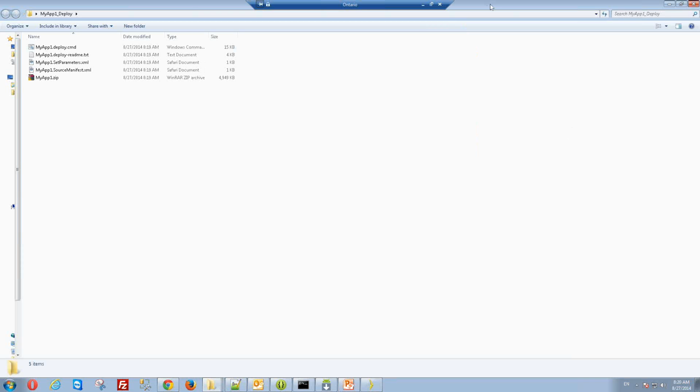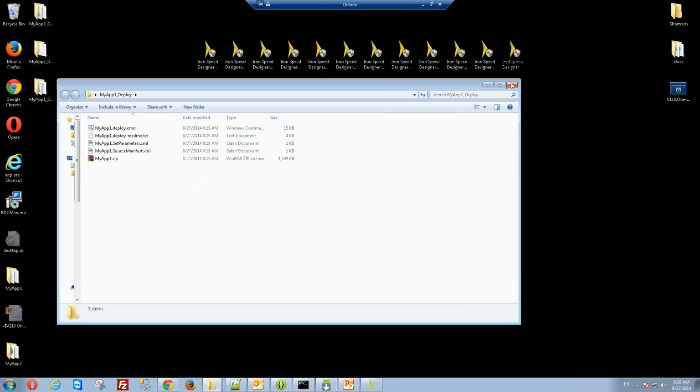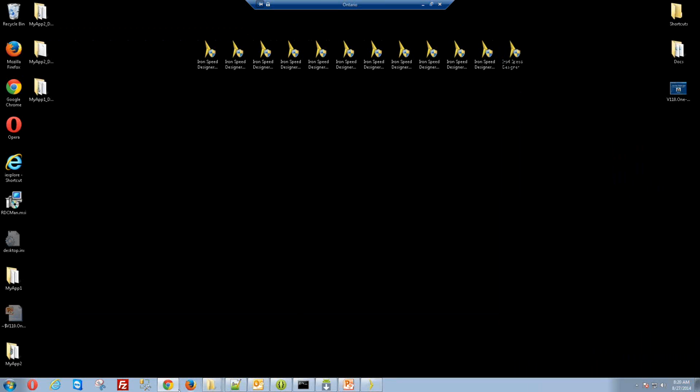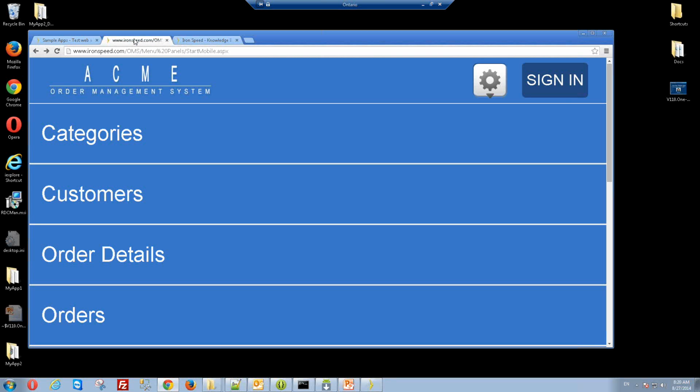Now, you're going to deploy this application to your application server, anywhere you would like to host your application. I'm not going to go into detail and explain how to actually deploy your application to the deployment server. You can use our online help, which explains in detail how you can do the regular deployment. So what I'm showing is, once we deploy an application, this is how our mobile start page would look